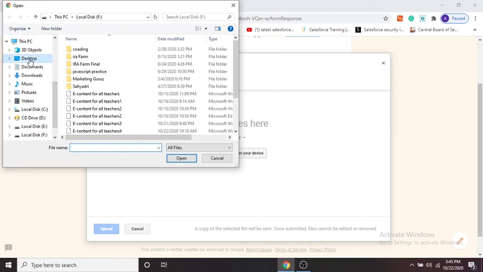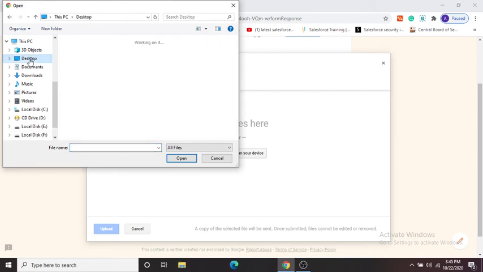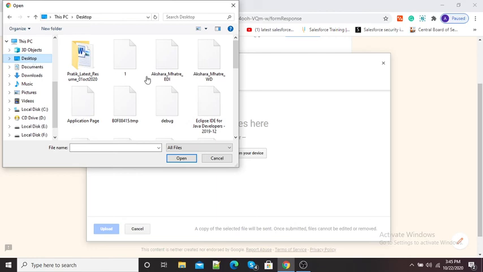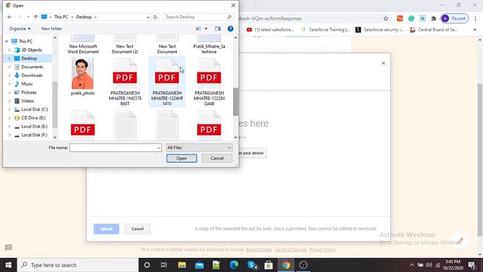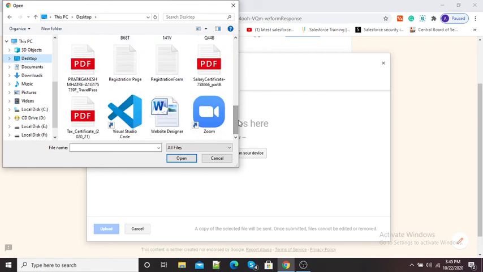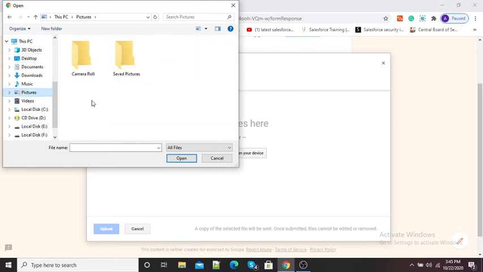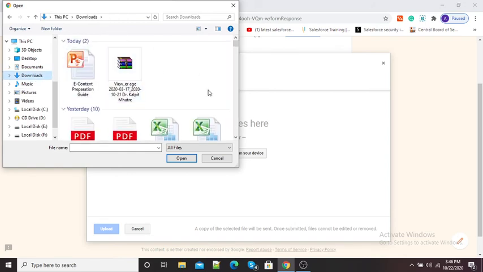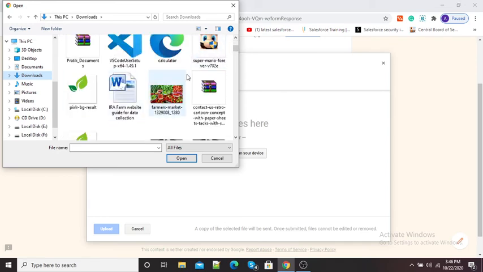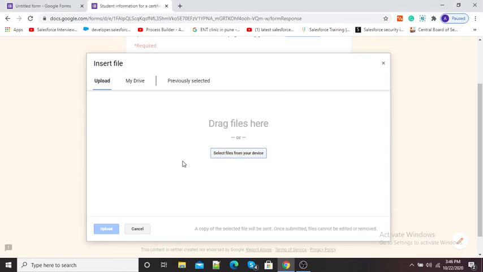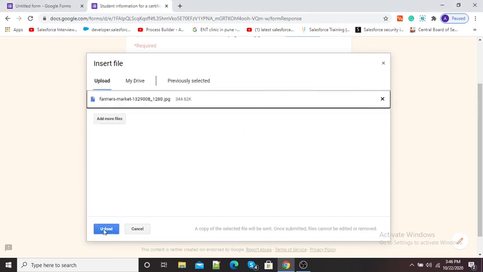So here I will select my photograph from the appropriate location. I will select this photograph and I will click on upload.